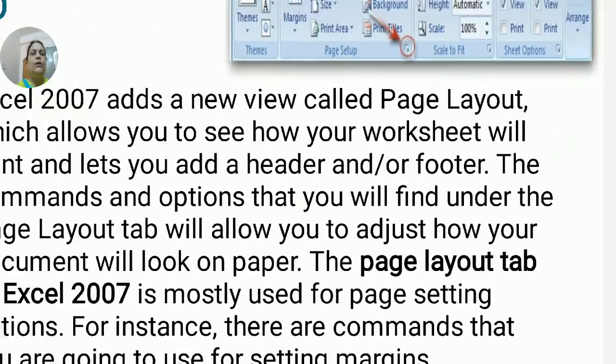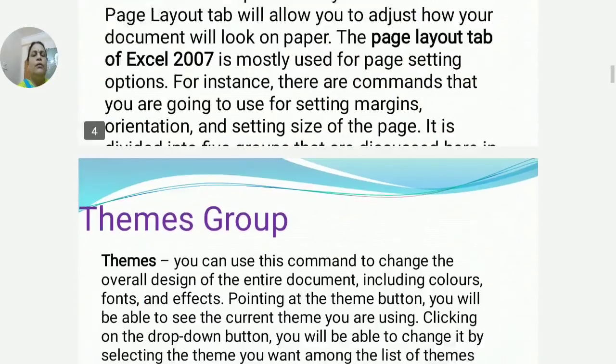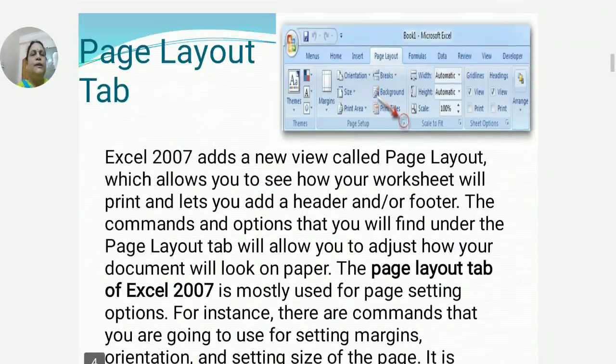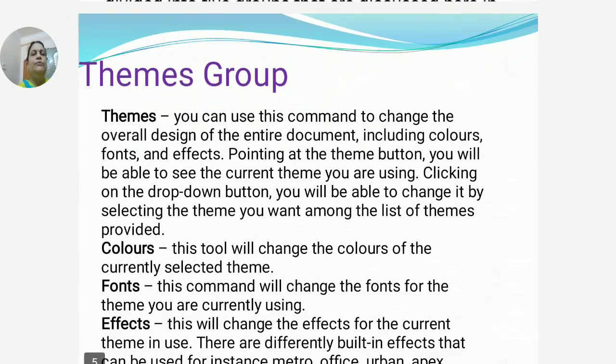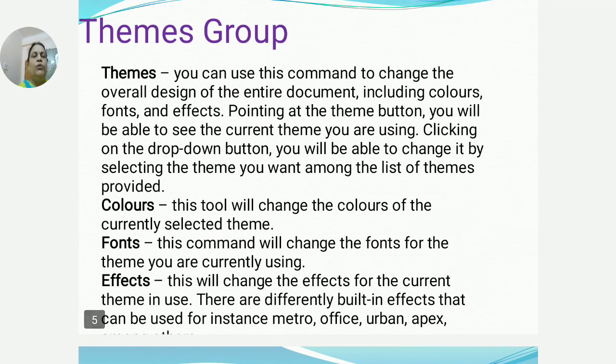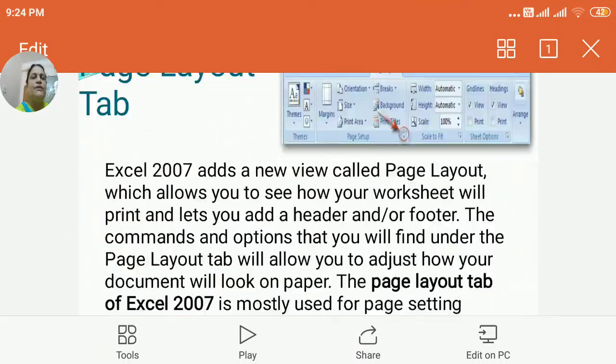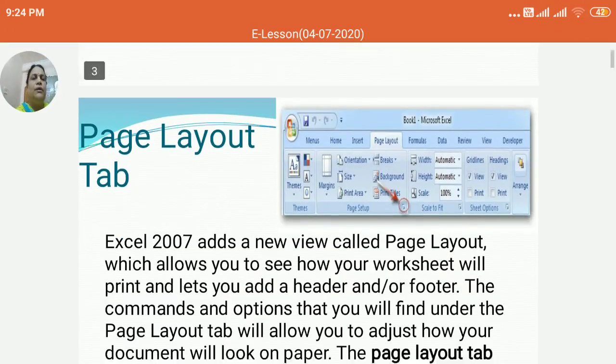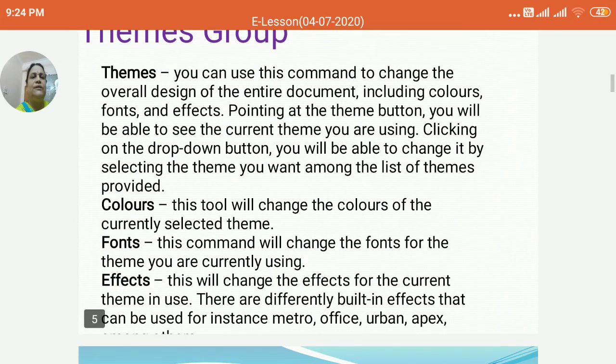Now let us come to the Themes group of the Page Layout tab. What are the commands in the Themes group? That is Themes, Colors, Fonts, Effects. Let us see what this Themes command is.